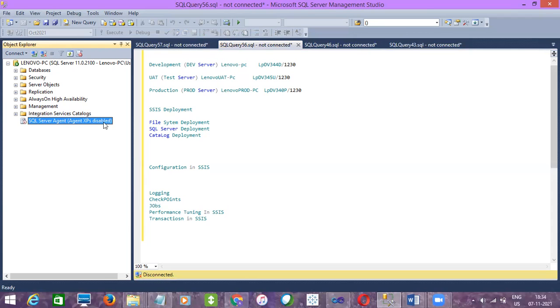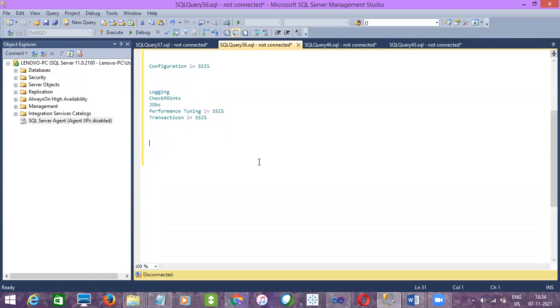And see, a job is nothing but a scheduler, we'll call it, right? So SQL Server Agent is used to create jobs and run them at a specific time. Either that job can run an SSIS package, or we can run any SQL statements, right?